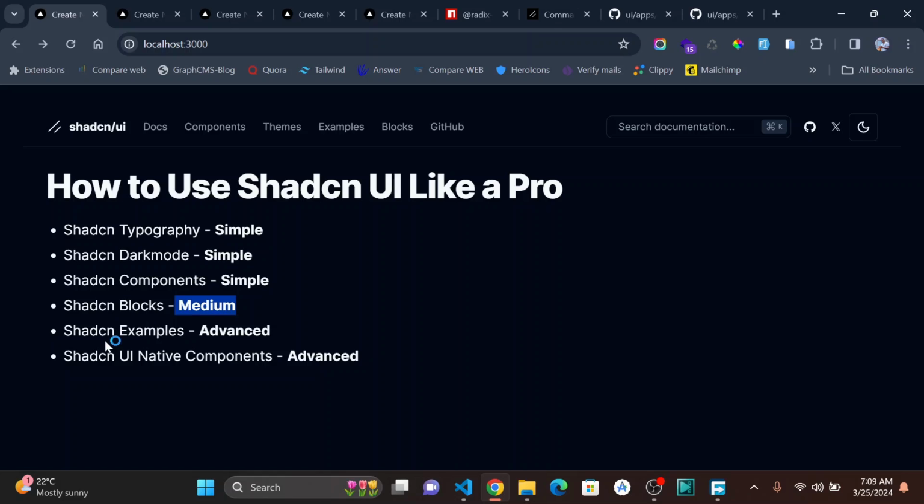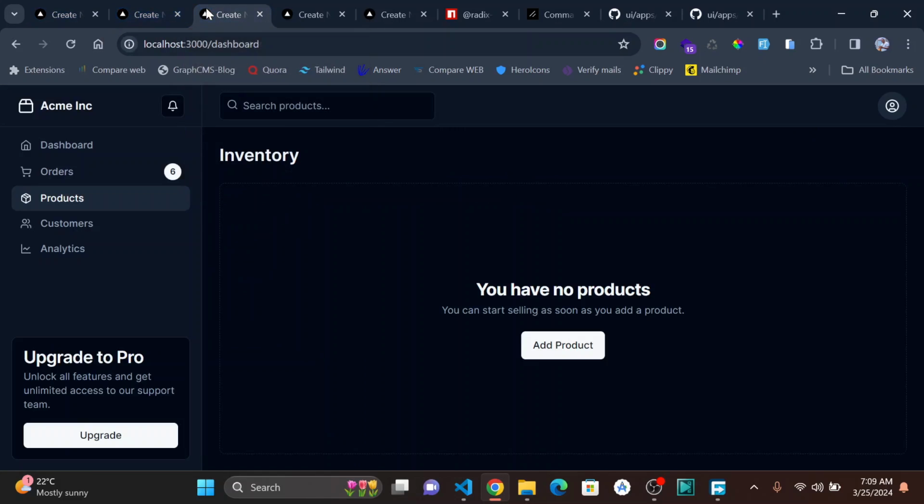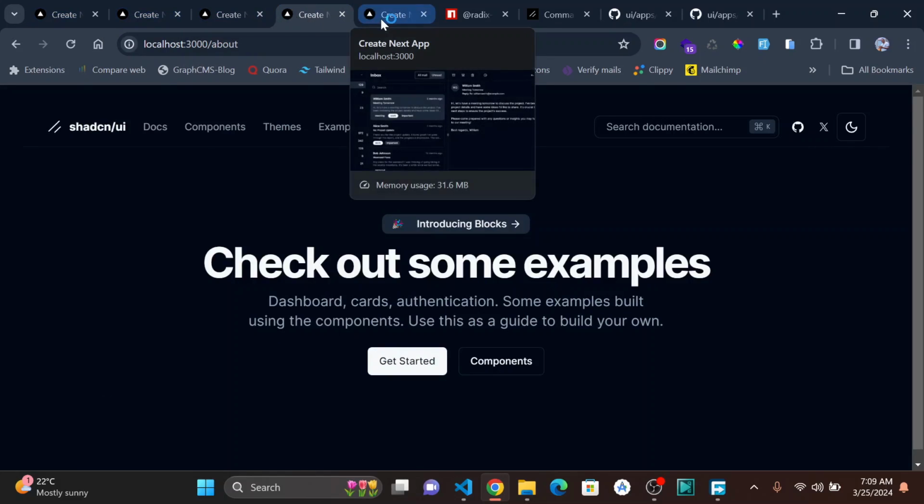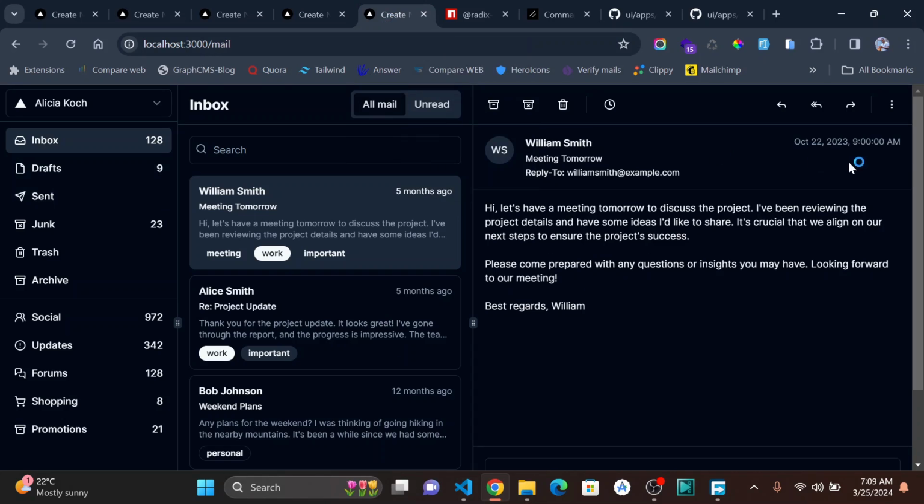Then we shall go ahead and look at Shadcn examples, how to use the Shadcn examples, and this falls under advanced. We are going to look at this advanced concept. For instance, we use that advanced concept to build this mail. Let me just show you this mail. Look at this. We are building this whole email